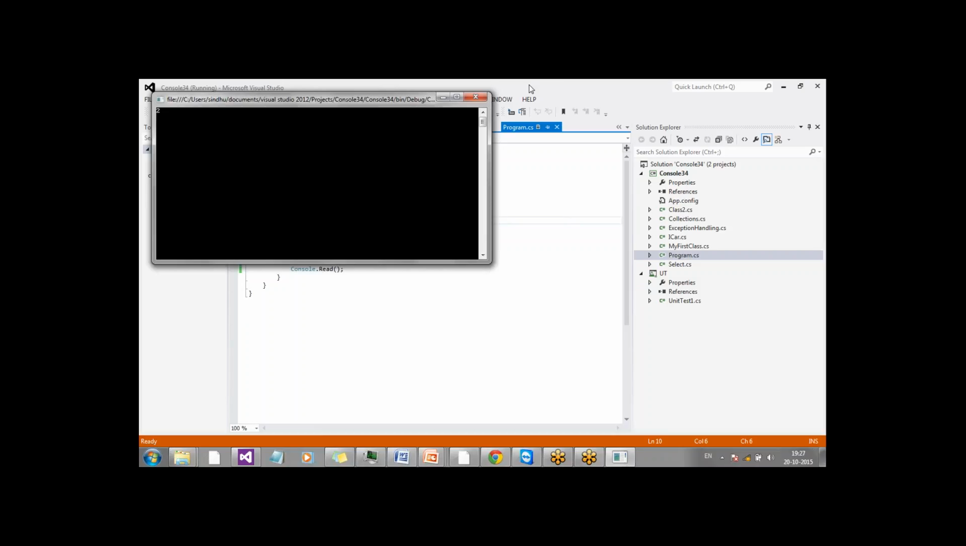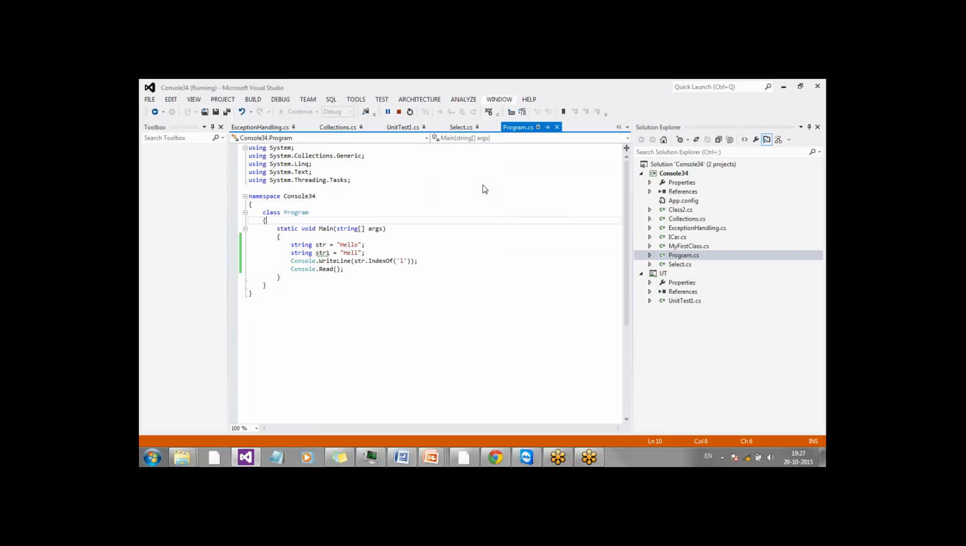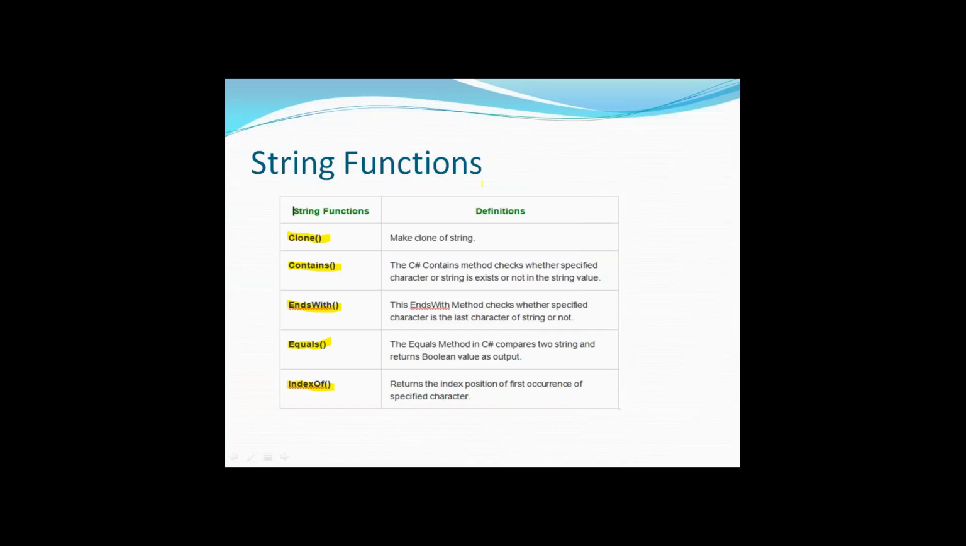Right? Did you get it? So it will give you the position at which the given character is present. And the next one